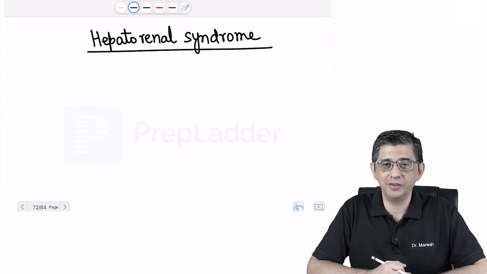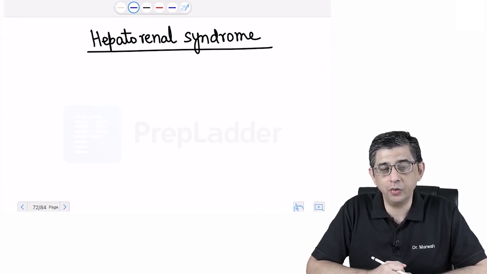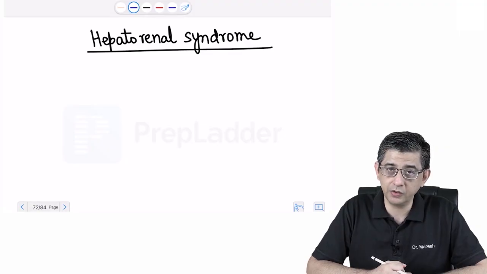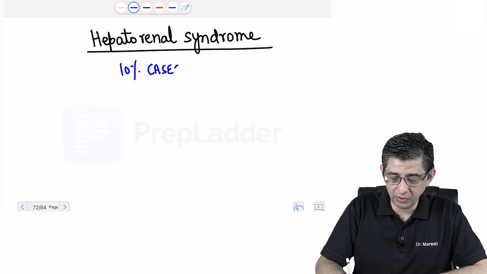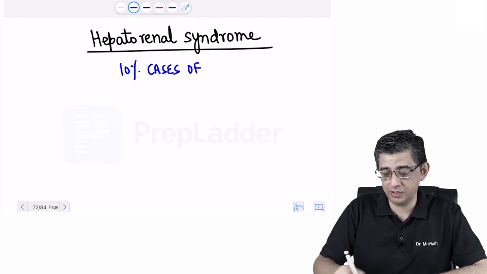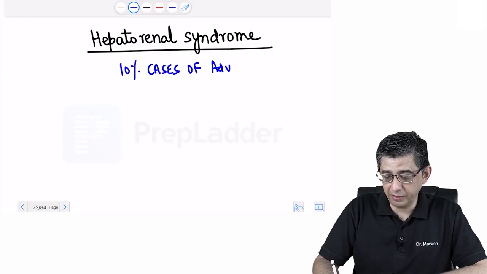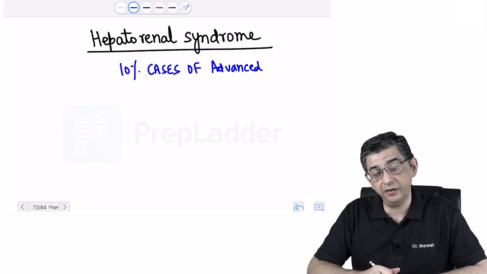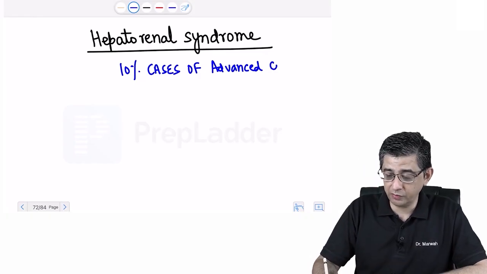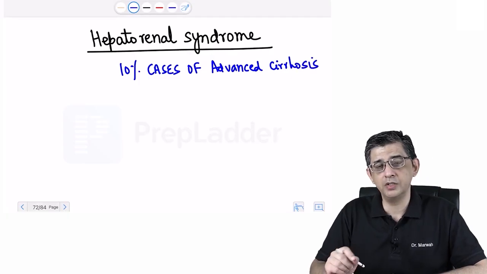Hi guys, welcome back. The topic we're going to study now is hepatorenal syndrome, which is a complication of decompensated cirrhosis. In fact, when it comes to the incidence of the disease per se, it occurs in 10% of patients who are suffering from advanced cirrhosis. Therefore, most patients will first have ascites, which will subsequently convert into refractory ascites. In fact, refractory ascites is one of the important diagnostic criteria for this condition,